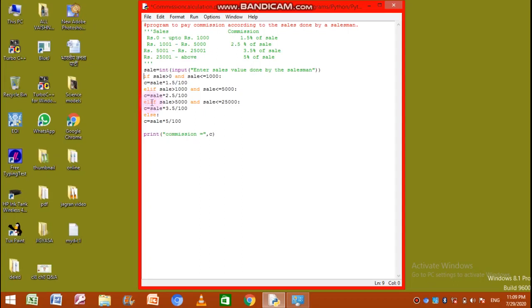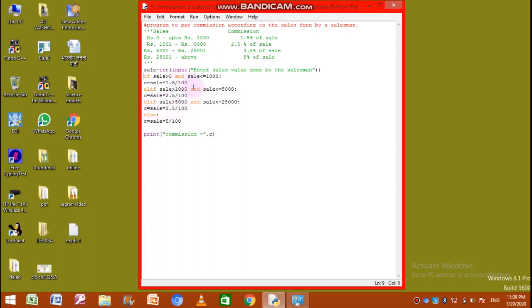You can see the elif statement is again encountered here, checking another condition. If sale is greater than 5000 and sale is less than or equals to 25000, then in the true case of this condition, 3.5% commission will be calculated and stored into C.